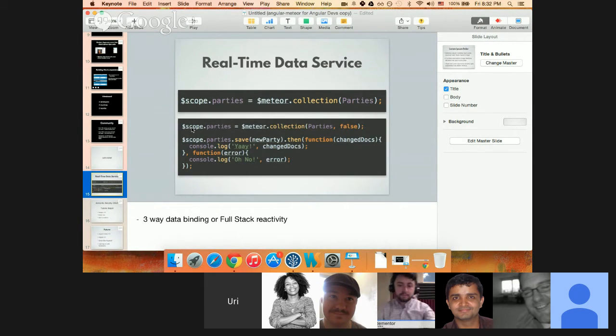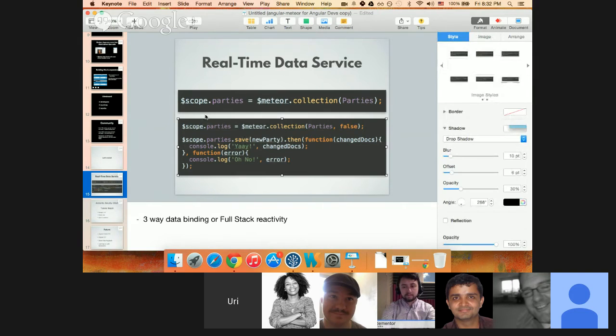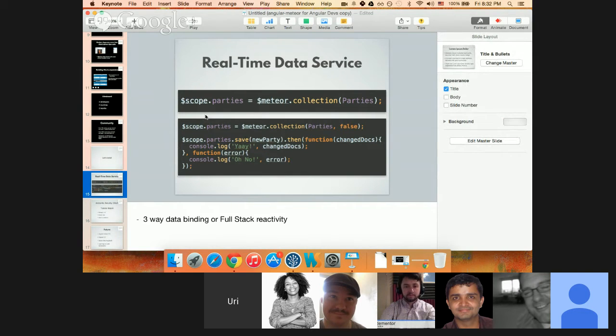And it actually makes Angular 1 Meteor work much more similarly to Angular 2.0, because Angular 2.0 has only one-way data binding, not two-way data binding. But then if you do want to update from the client, you just do it explicitly. Let's say if you click on a save button, you would call save.